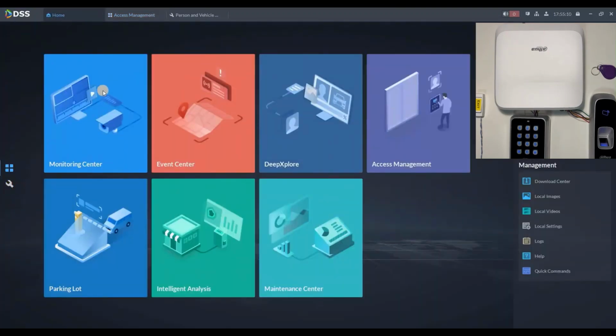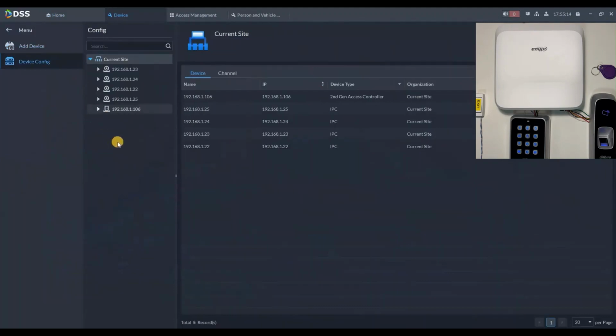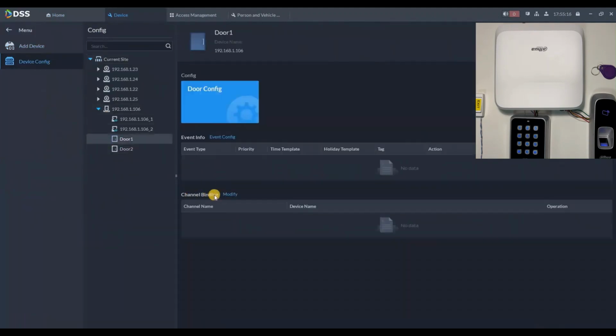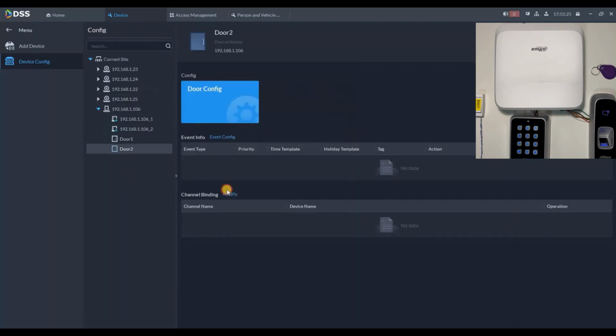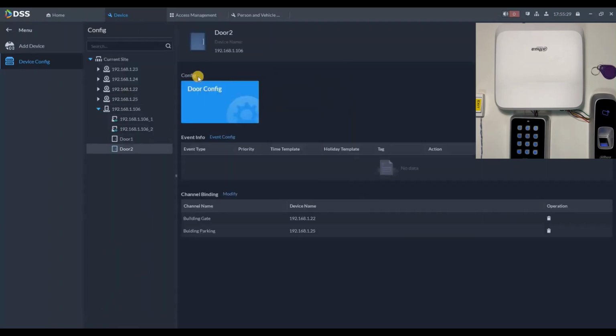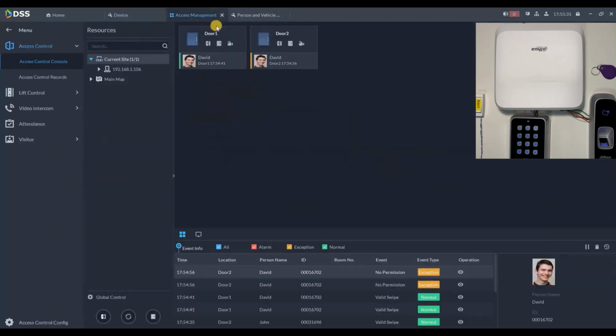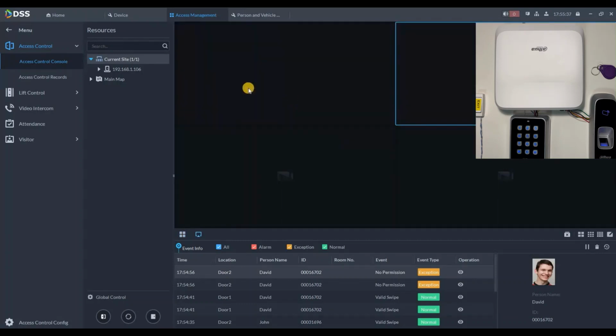I will show you how to do it. You go to configuration, device, device config, select the door and choose channel binding. We will bind, for example, these two cameras for this door, and for the second door we'll choose these two cameras. Now when we go to access management, we can open this video from here and see live view, switch between